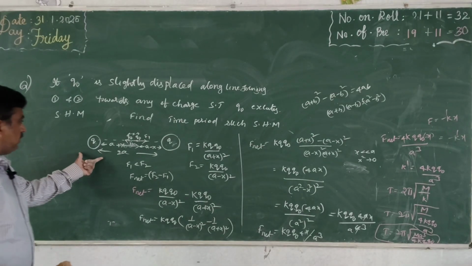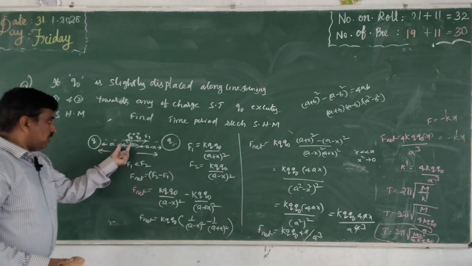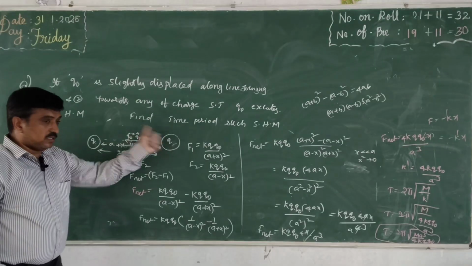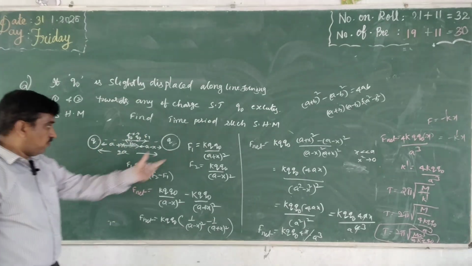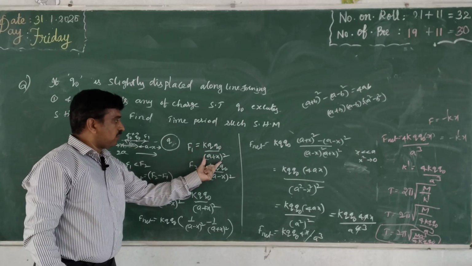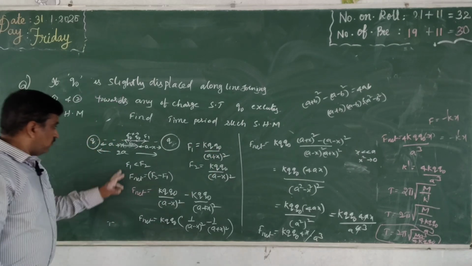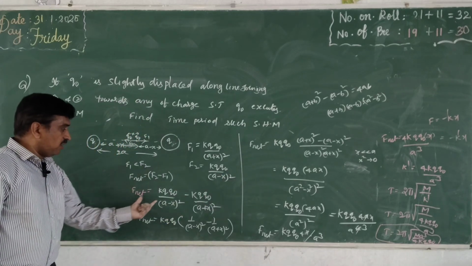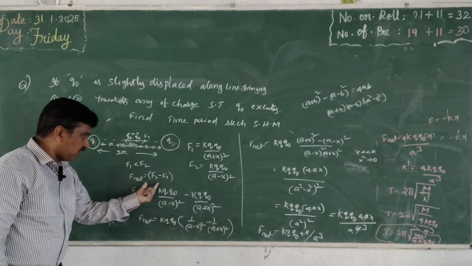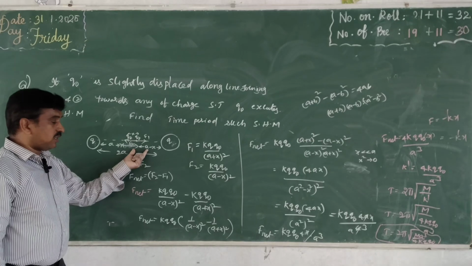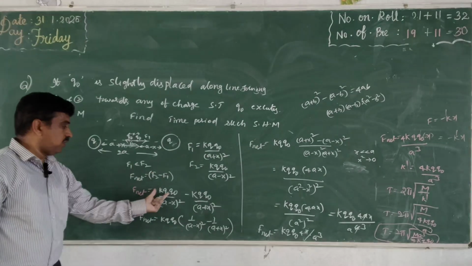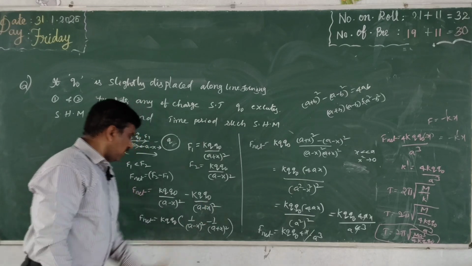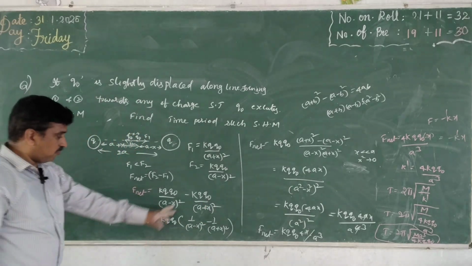See what we can do now here: q charge is there, and if slightly displaced, it executes simple harmonic motion. One force is acting in this direction, another in this direction. The first force is k q q naught by (a plus x) square. Force F2 is k q q naught by (a minus x) square. F net is F2 minus F1. Why are we writing F2 minus F1? F2 is greater than F1, that's why. So k q naught by (a minus x) whole square minus k q naught by (a plus x) whole square. Here k q naught common, 1 by (a minus x) whole